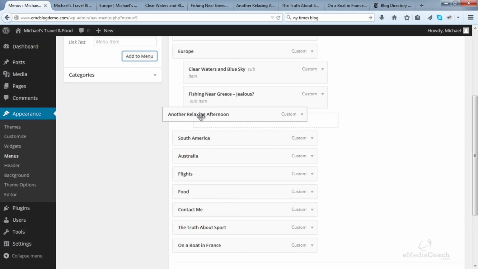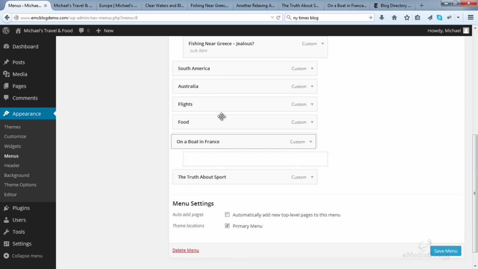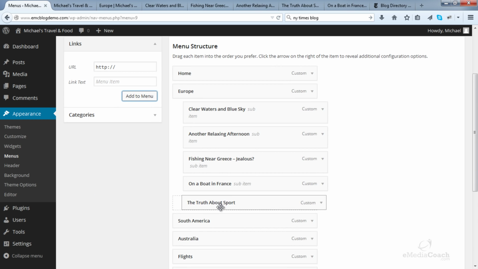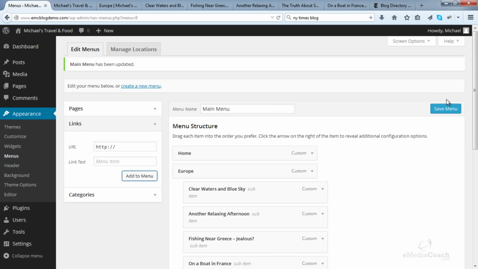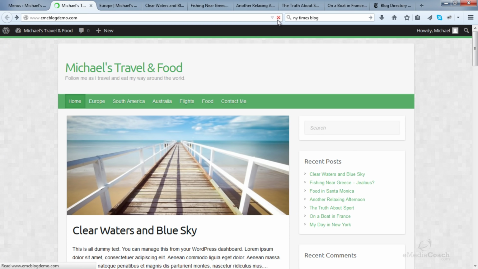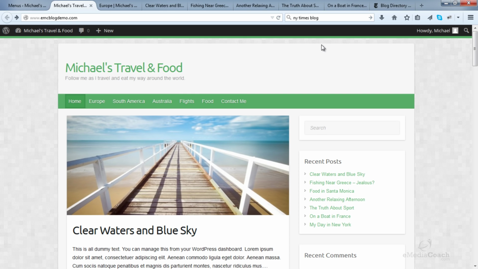And same for this, you can also rearrange the second level items by dragging and dropping in the order in which you want them to appear. There you go. So I hope you now see why this WordPress platform is so powerful and easy to use, and why it's such a popular option for a lot of big names around the world.